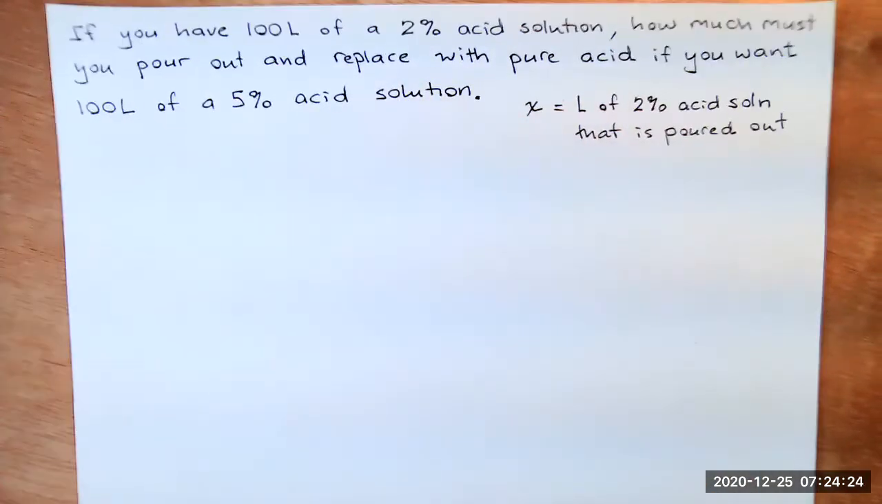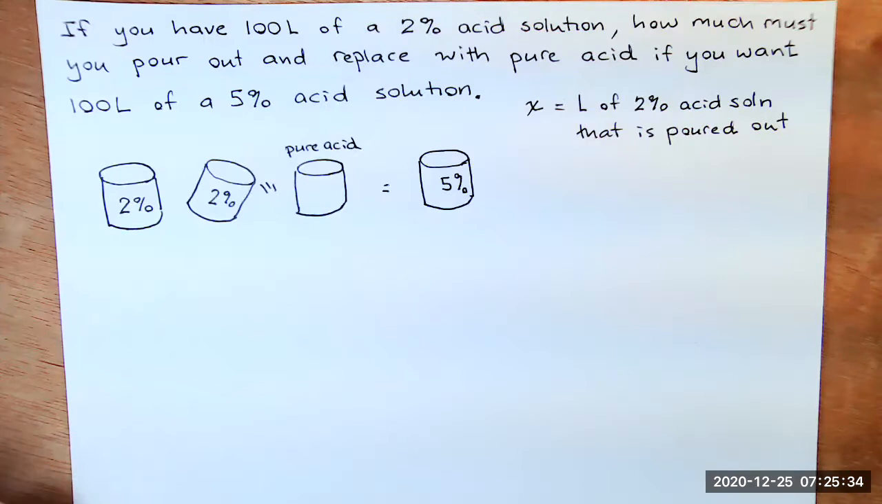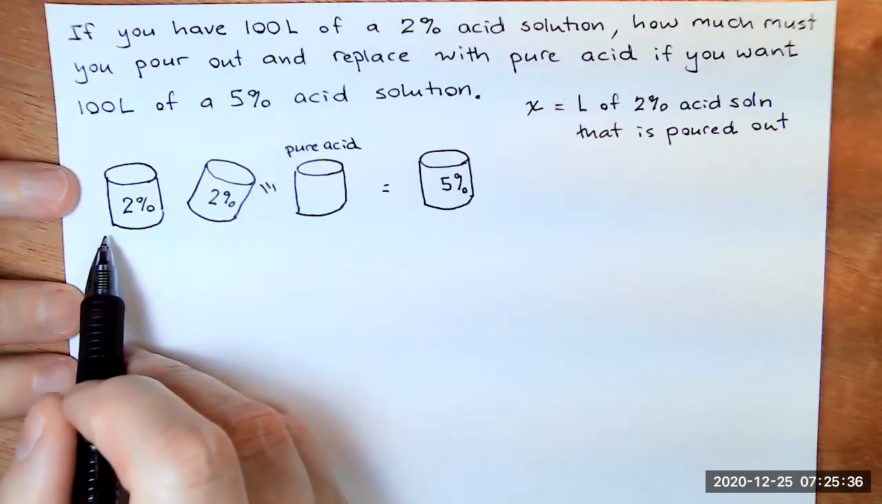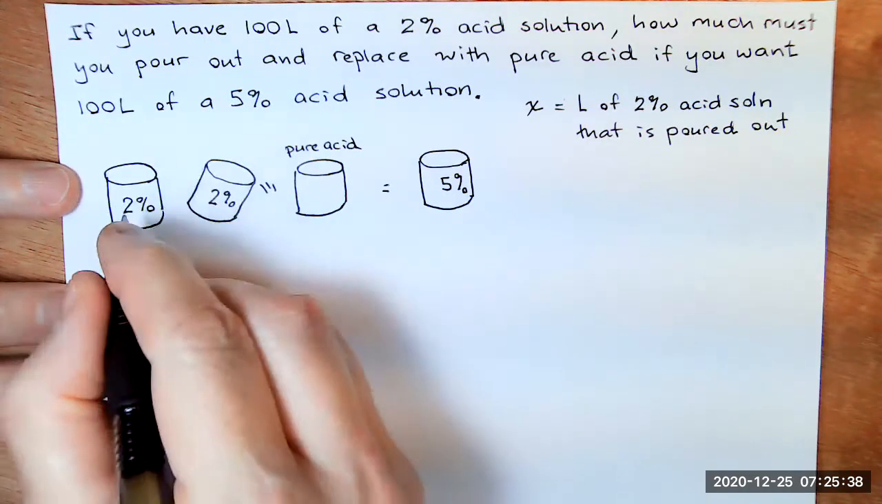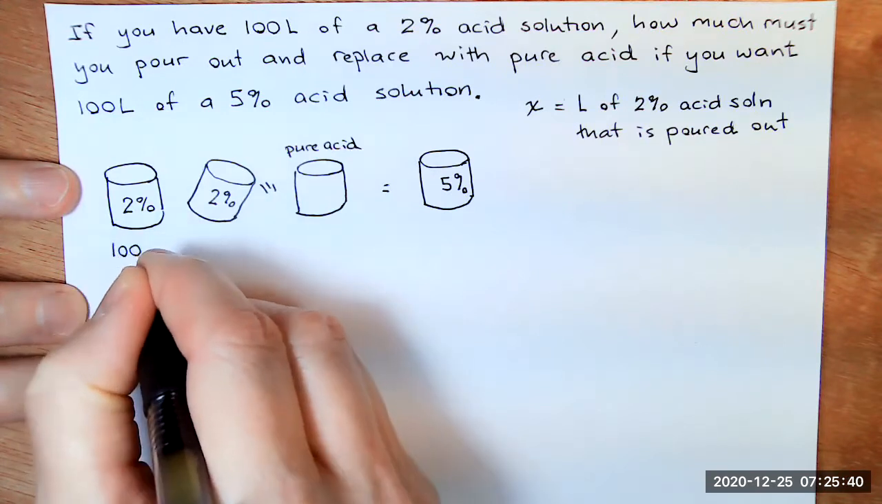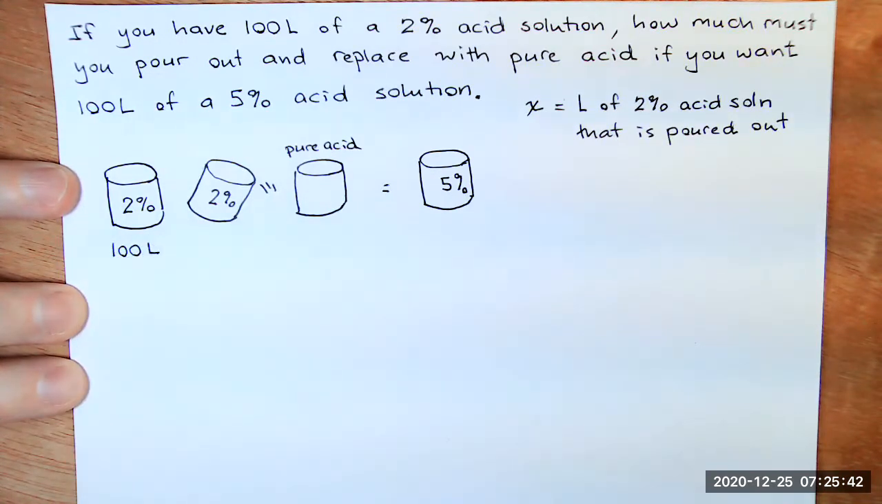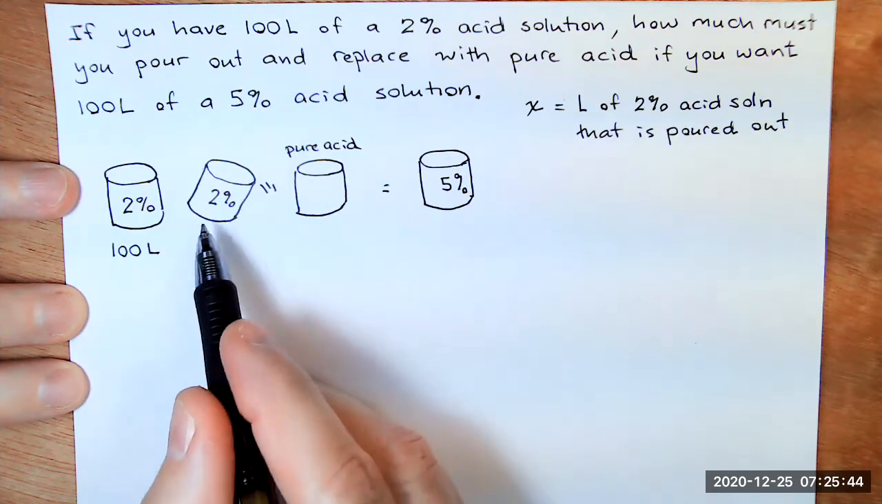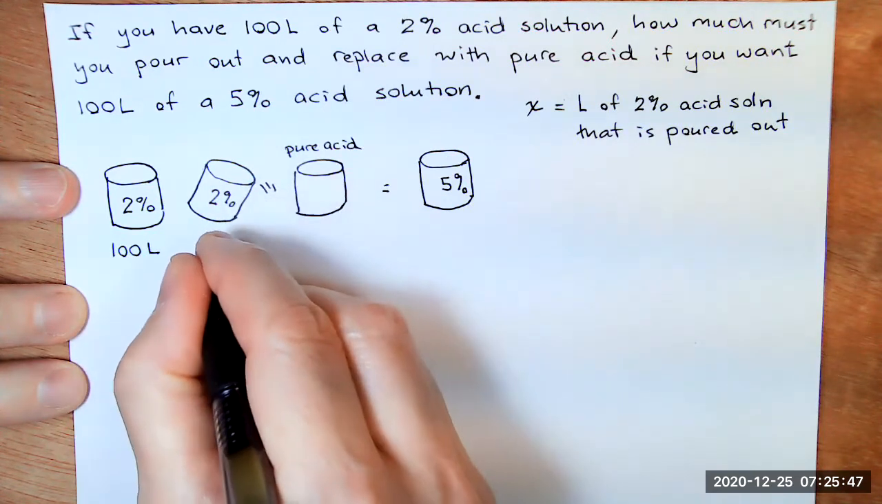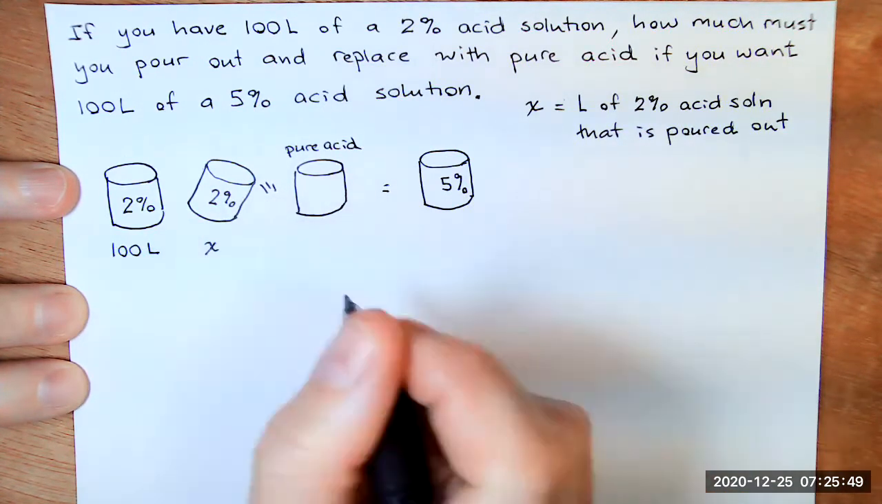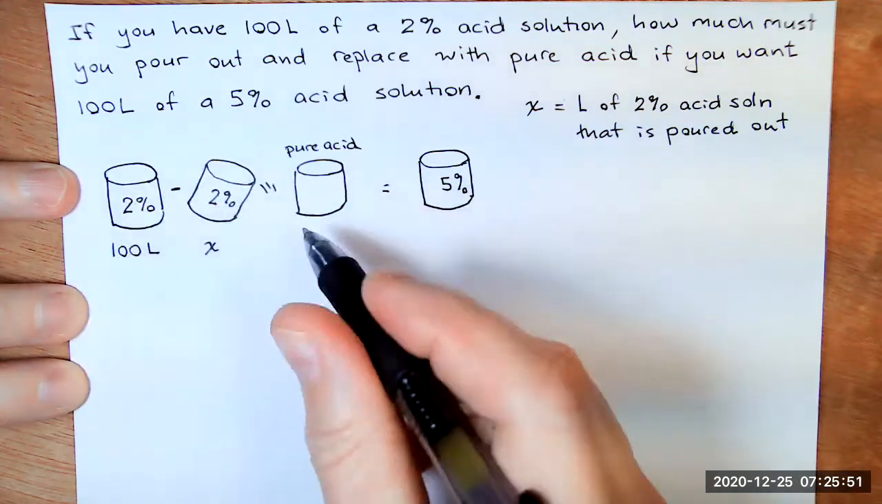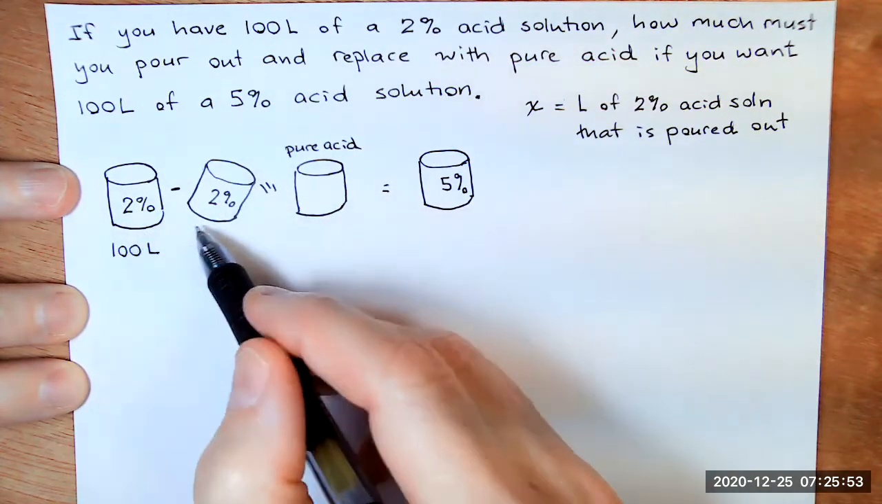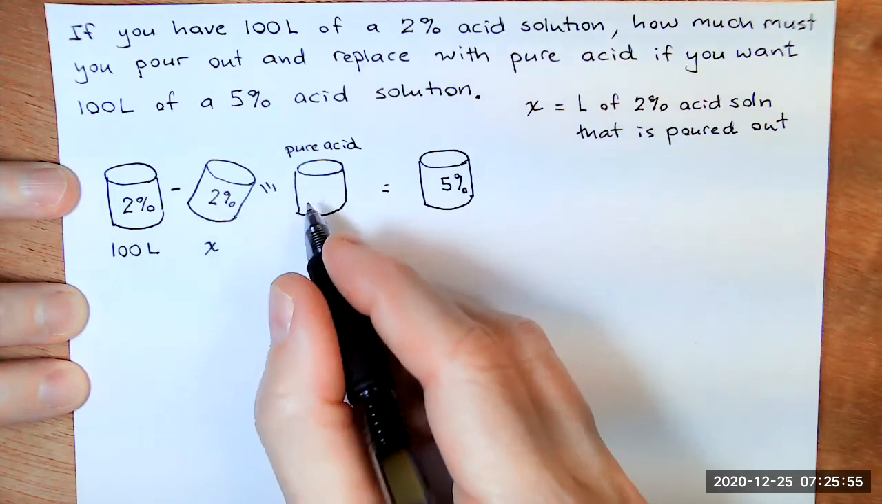So let's draw a picture. So we started out with 100 liters of the 2% acid solution. We're going to pour out X liters. So I'm going to put a minus sign here because we're subtracting that. And then we're going to replace it